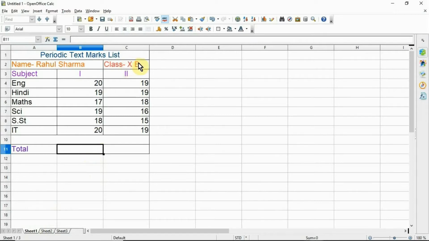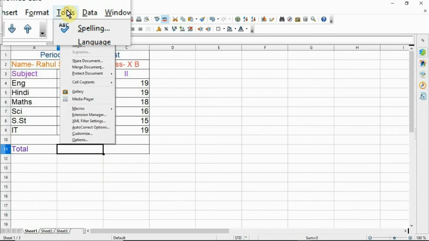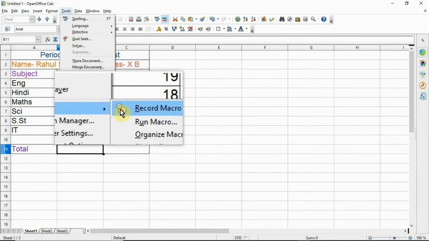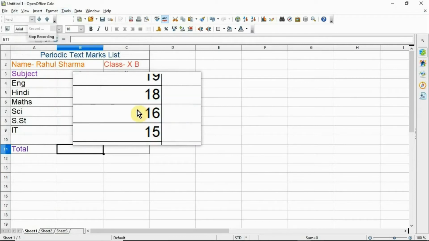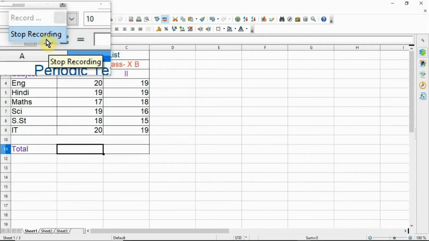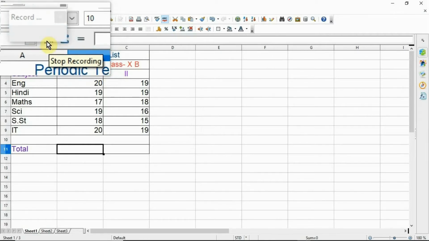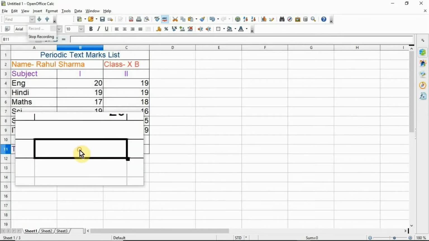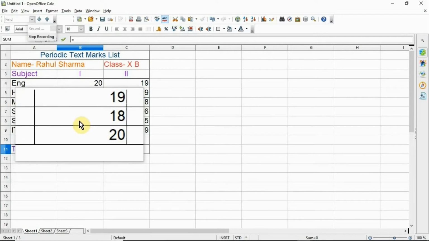Select your cell. So click the Tools menu and then click Macros and then Record Macro. It will start recording the actions in a macro and display a dialog box with a stop recording button. Perform the actions. Firstly, select the cell and then type the formula